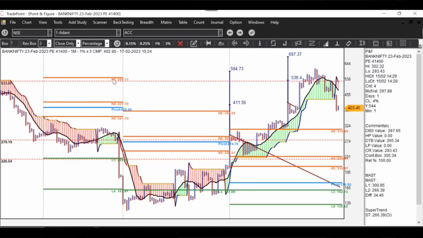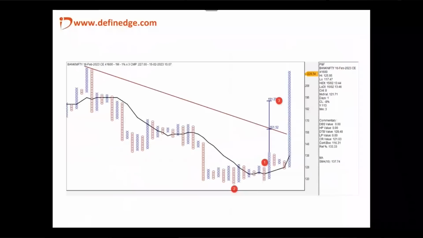So that is what I want to explain. Okay, next. This is one more trade where we see the option chart is sideways. This is one of the previous trades, and I also tweeted this now because the TOI was giving a crossover as well as we had a pattern retest. So there are a lot of point and figure concepts involved. Yes, when the TOI is turning and you also have some pattern retest.